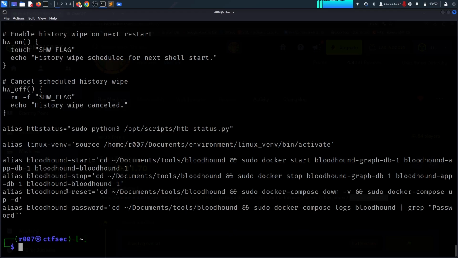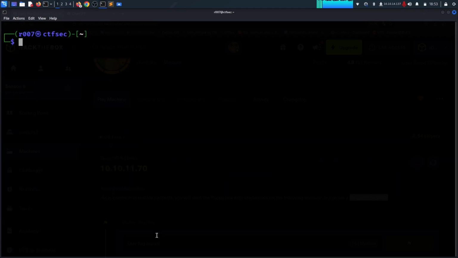So I have some commands for my BloodHound, and for resetting the BloodHound, this is going to be the BloodHound-reset, and actually this is what it's trying to do: change directory to my BloodHound directory, try to run sudo compose down, reset the entire BloodHound database and then start up the BloodHound. So what we're going to do is I'm going to clear the screen. We're going to change directory back to Documents, change back to YouTube,